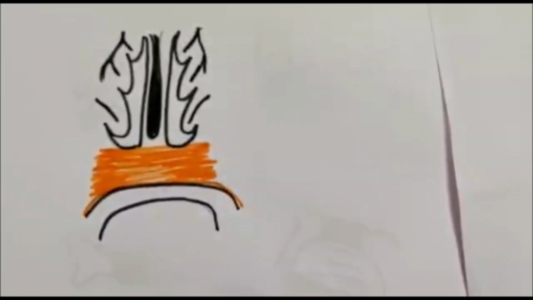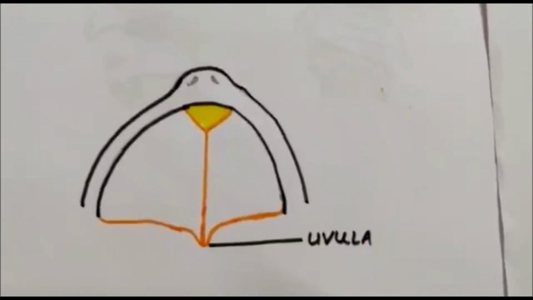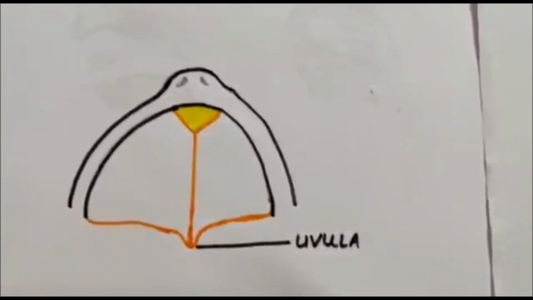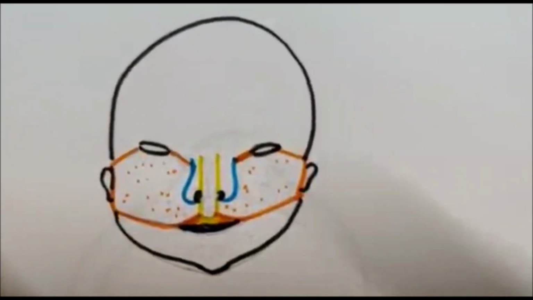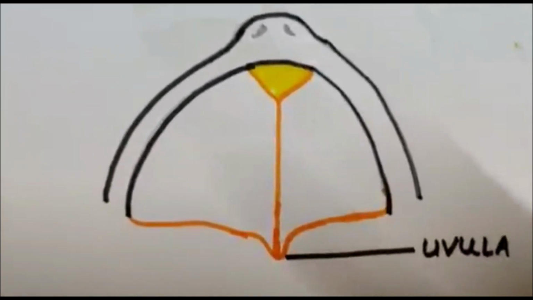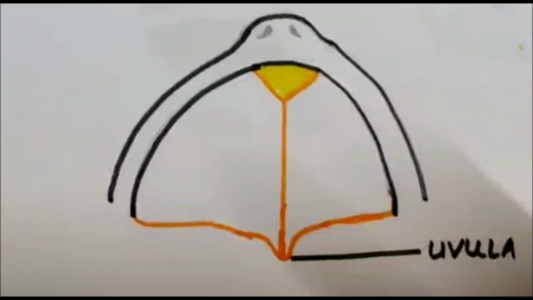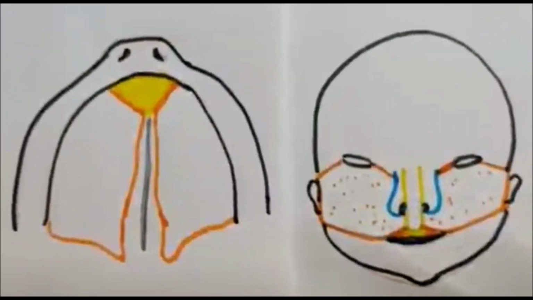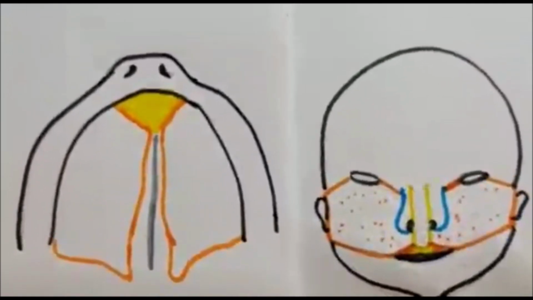This fusion between the nasal septum and the palatal processes starts at the beginning of the 9th week anteriorly and is completed posteriorly by the 12th week. Since we have seen that the face as well as the palate have developed from various processes, the non-fusion of these processes will lead to various defects which are called facial clefts.